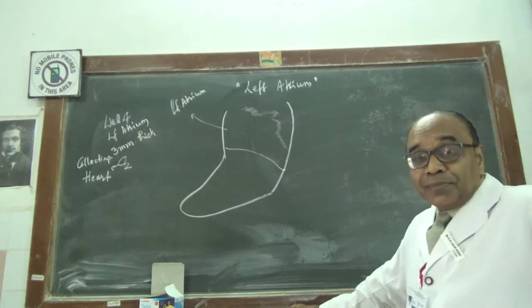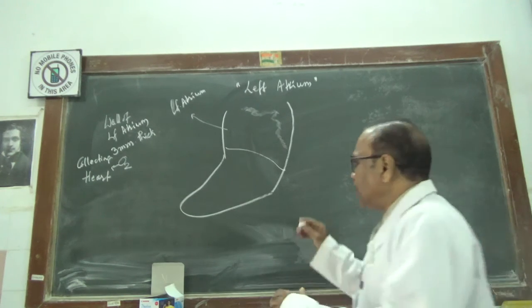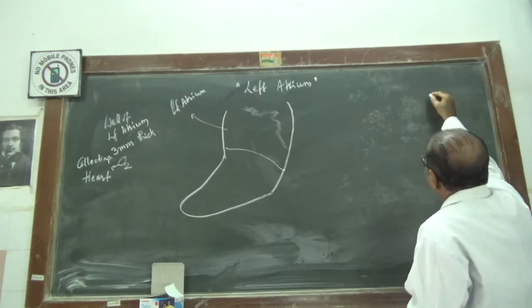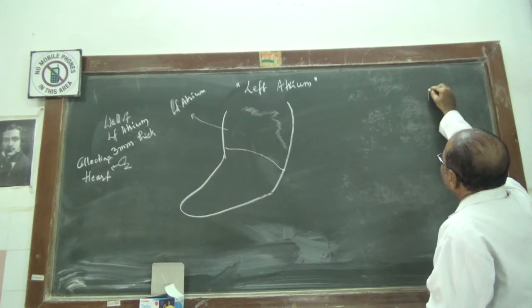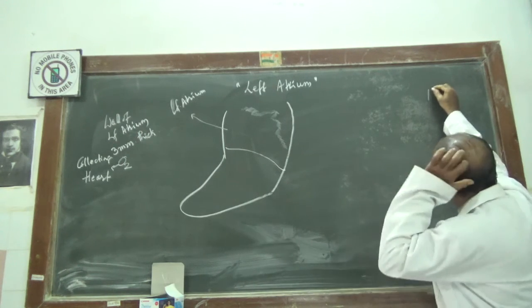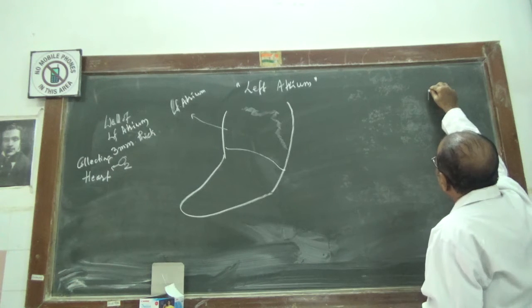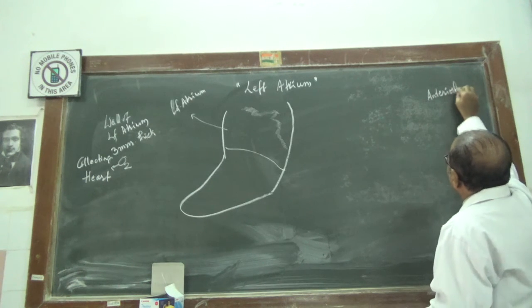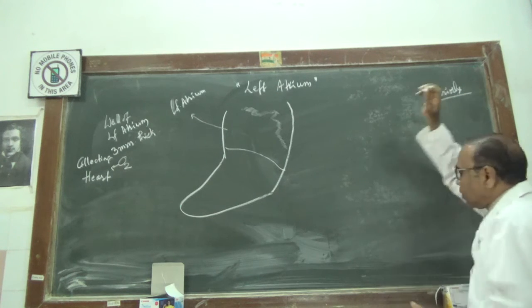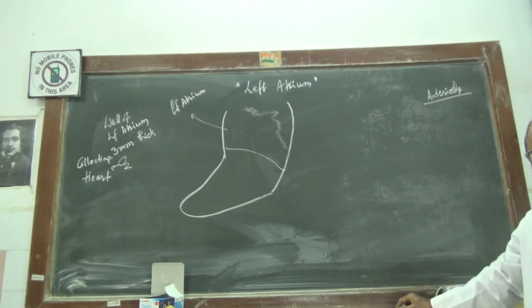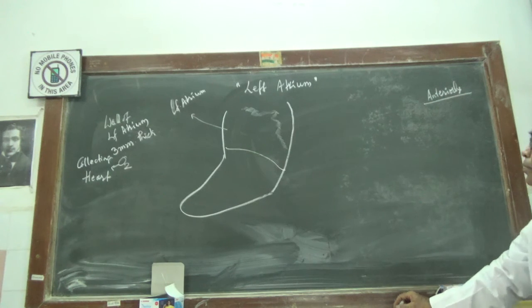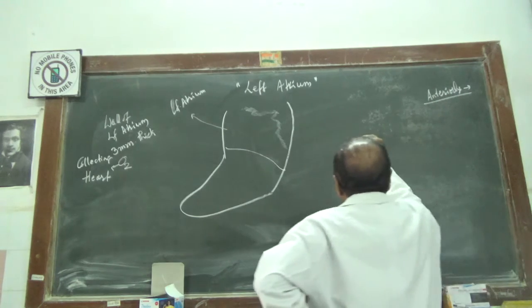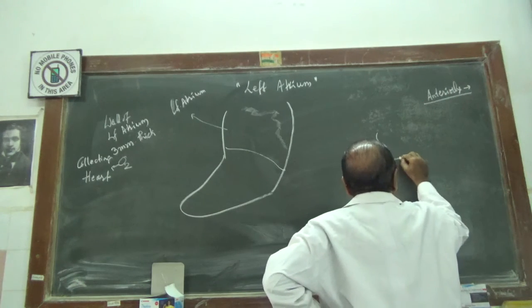This left atrium has relations such as anterior limb. Anteriorly it is related to the aorta. So if this is the left atrium,